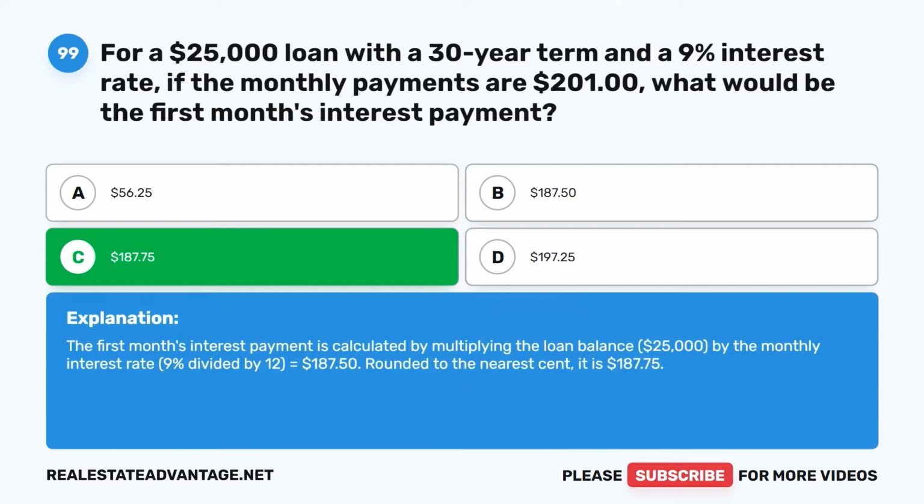$187.75. The first month's interest payment is calculated by multiplying the loan balance, $25,000, by the monthly interest rate, 9% divided by 12, which equals $187.50. Rounded to the nearest cent, it is